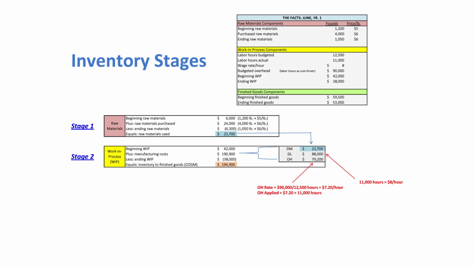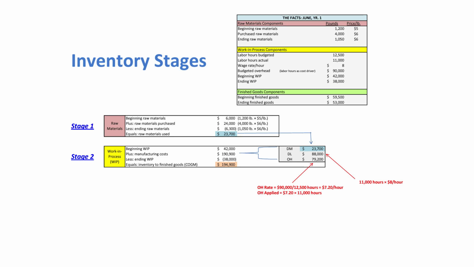So our current manufacturing costs, the first thing we need is, what were those materials used from the prior step? So that's that 23,700. Now we've got to figure out our direct labor. So how are we going to find our direct labor? Find me the number of hours and our wage rate per hour. So the actual labor hours were 11,000 hours. Our wage rate, we paid $8 an hour. So obviously our total direct labor is 88,000.